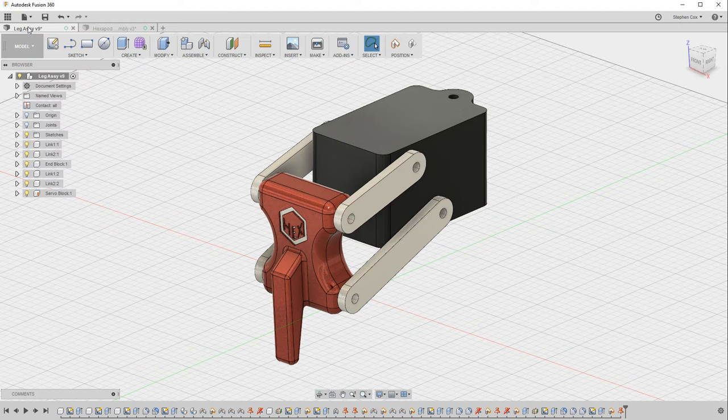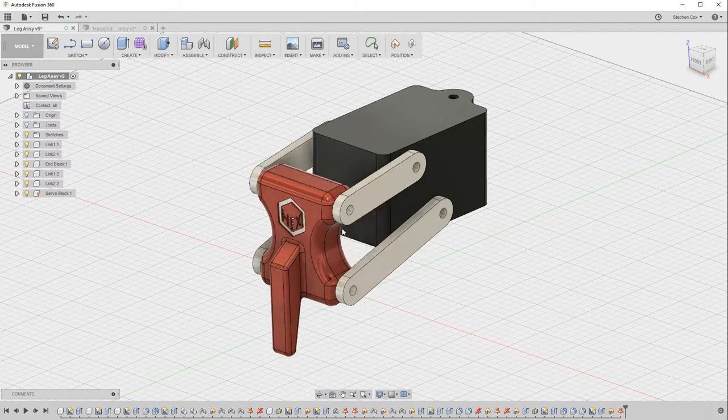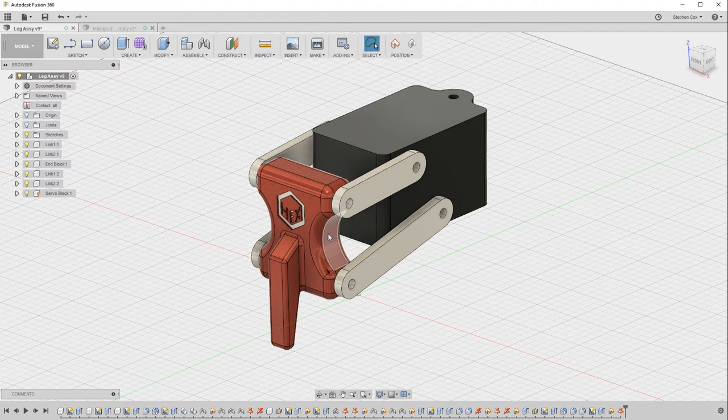And this is what it's going to look like, and what you'll learn over the next three videos are some more modelling techniques, but also how to apply joints to an assembly so that it actually moves in the way it would do in real life. So that's what we're going to do. In the remainder of this video we're going to concentrate on modelling these links and starting the core of our